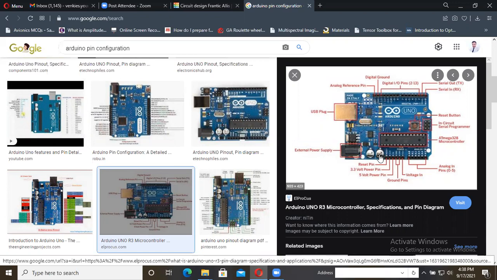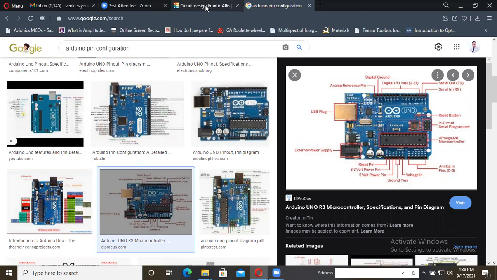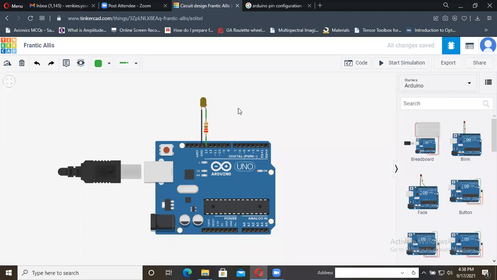So anything you can learn online. If you are interested, go through these connections: how many connections there are, how many inputs and how many output ports there are, and how they can be used. You need to learn about all these things, and only then will you be able to connect here. But for a simple LED, since an LED is a digital device, it is only on or off.